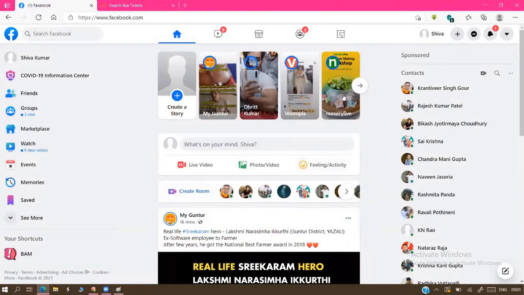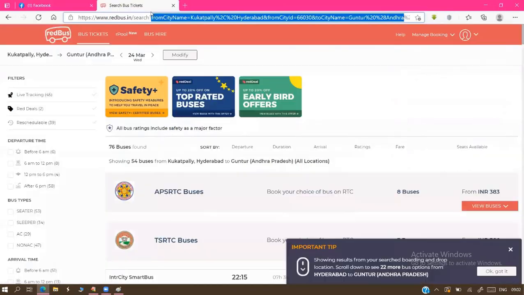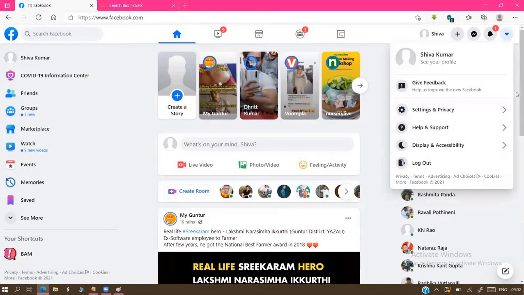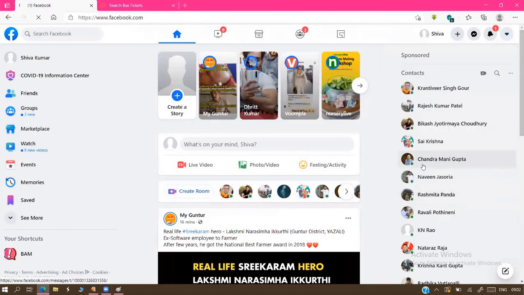But observe the address bar, nothing is visible, just the website name is displaying. No data is displaying here. But here data is displaying clearly. So this is one main difference between get and post.